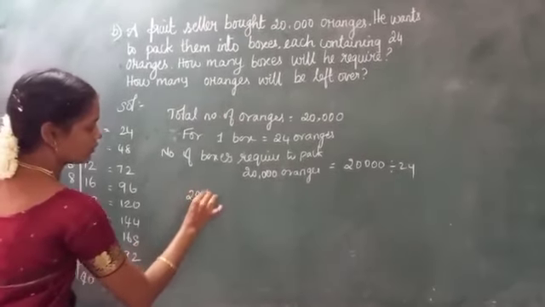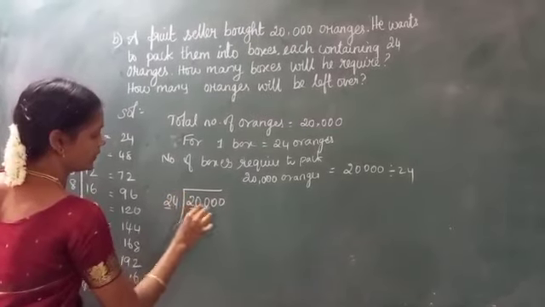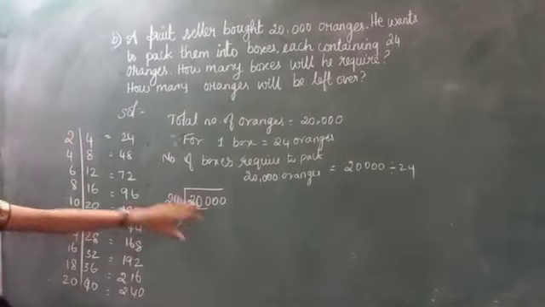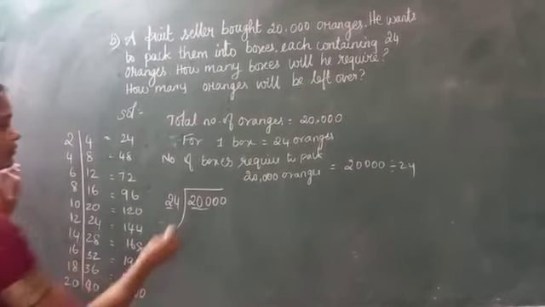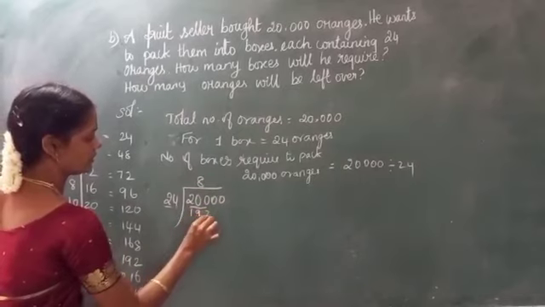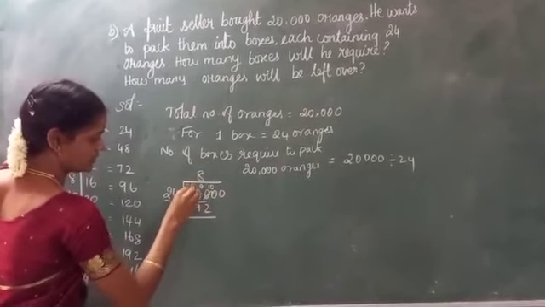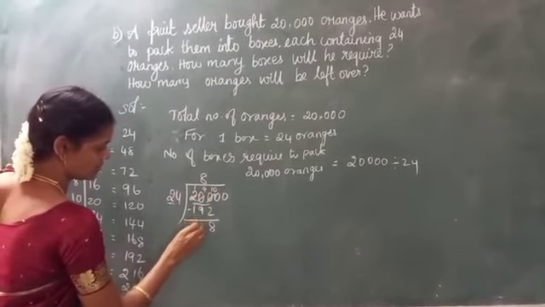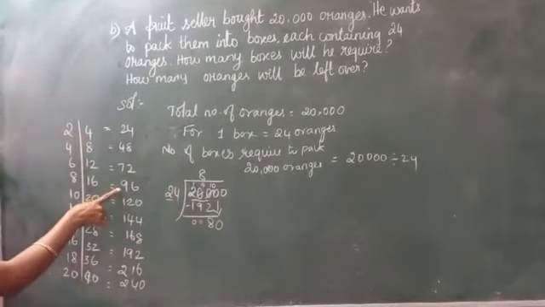So 20,000 divided by 24. Comparing, 20 is smaller, so we take 200. Where does 200 fall in the table? 8 times 24 is 192. So 192 minus: 0 becomes 10, 0 becomes 9, this becomes 1. So 10 minus 2 is 8, 9 minus 1 is 0, 0. So I am getting down the next number. We look for where 8 fits.